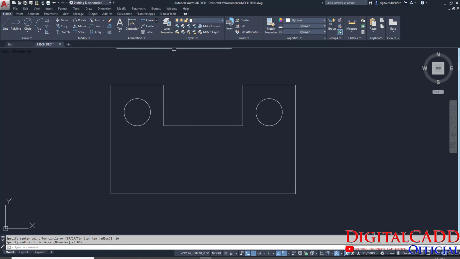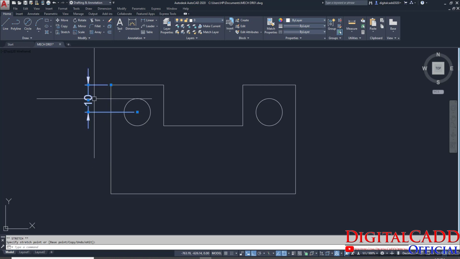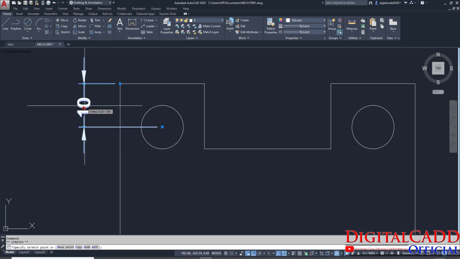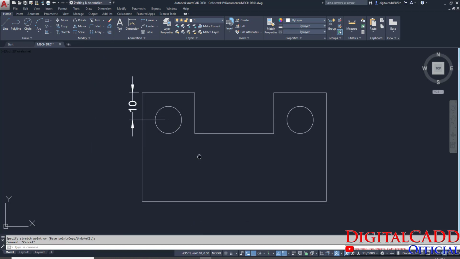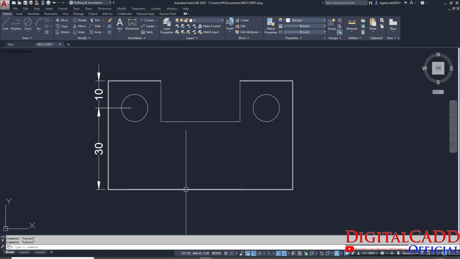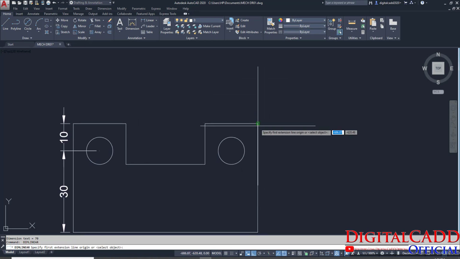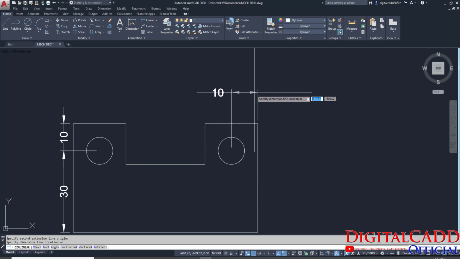Okay, so let's apply the dimensions. Linear, here we can, and click this. You can see here, that's all. We can change the place or display at the center of the dimension line. Okay, so just these all are very simple. Go to this line, continuous line, here we have. Again just double click or double space like this. Again click here, done.